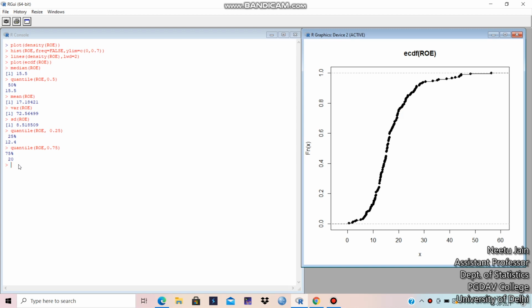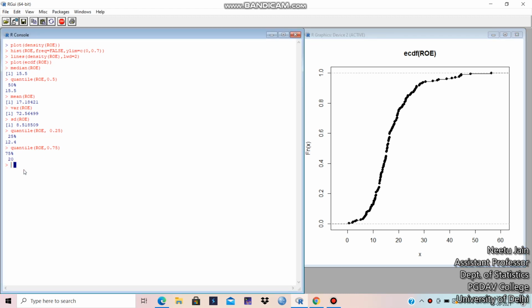Now let's take another variable. Here we took the return on equity variable. Suppose we take salary. Salary is equal to CO cell 1, which is the data set, and salary. So salary is now our variable name, as ROE was earlier.